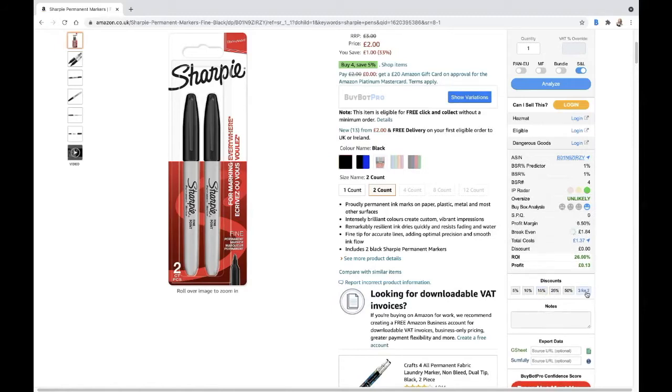So you can do a 3 for 2 if you want to. Any of them work, and you can stack them. So if you've got 30% off, put a 25 and a 5 in, and then you get your 30% discount. And BuyBotPro will be doing all the maths behind the scenes for you. So you can literally just look at your profit and your ROI, add in your discounts, stack them if you need to, and you're good to go with the knowledge you need in terms of how much you're making on your deal.